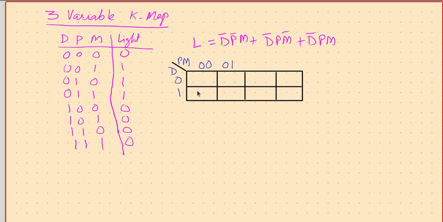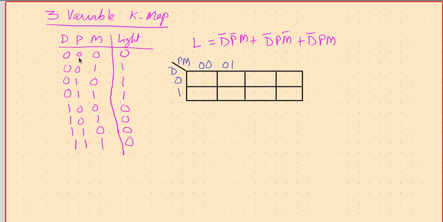Yeah, that's not a problem. Same way, if I use these two, then same thing, D will be 1, P will be 0 in both the cases, M changes, so M is removed. What about these two? Yes, P is 0, M is 0 for both cases, D is changing, so D gets removed. So these two no problem, these two no problem, these two no problem. Vertically if you try to put, then D gets eliminated. Okay, what should be next here?